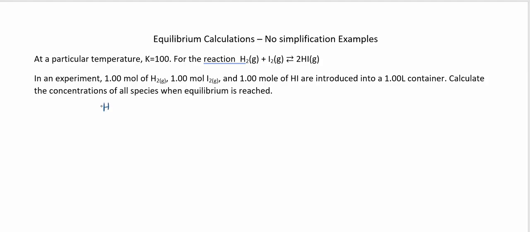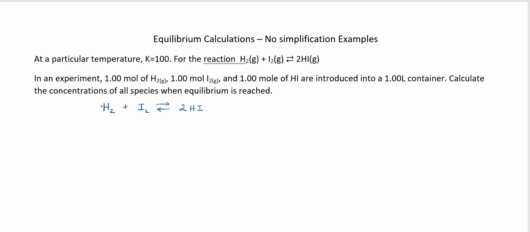This practice set will focus on problems that do not allow for simplification. So these are problems where the initial concentration is less than 1,000 times different than the K value. So for this first problem, we have this equation where hydrogen gas reacts with iodine gas and forms an equilibrium